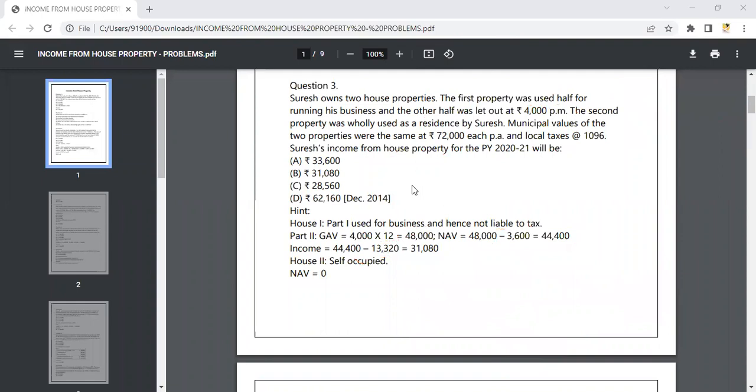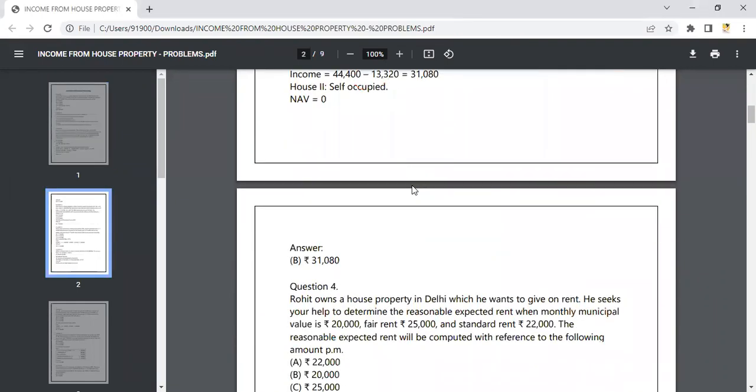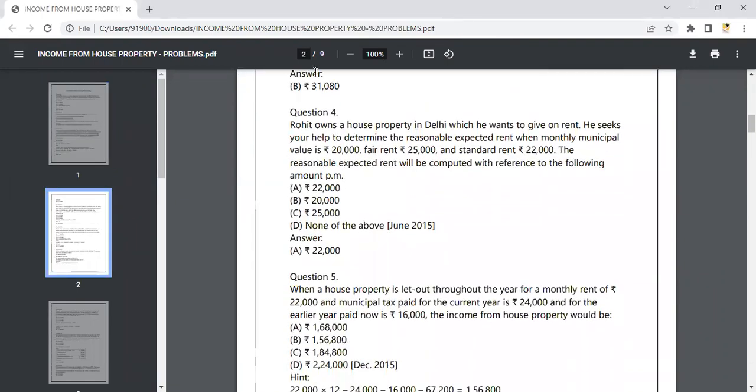Here is your next question, the fourth question. Rohit owns a house property in Delhi. He wants to give it on rent and seeks help to determine the reasonable and expected rent for it. The monthly municipal value is 20,000, fair rent is 25, standard is 22. The reasonable rent will be computed with reference to